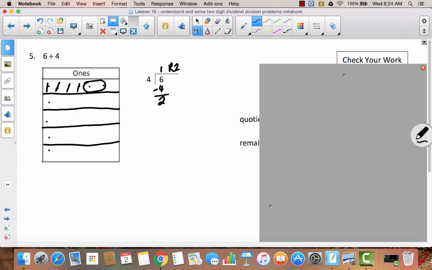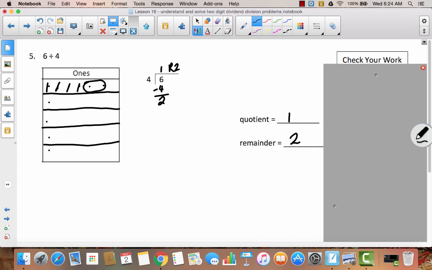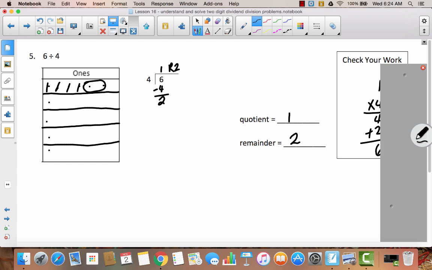So my quotient is 1. My remainder is 2. And then when I checked my work, I took my quotient of 1, multiplied it times my divisor of 4, and I got 4. I added 2. That gave me 6. All right, let's try number